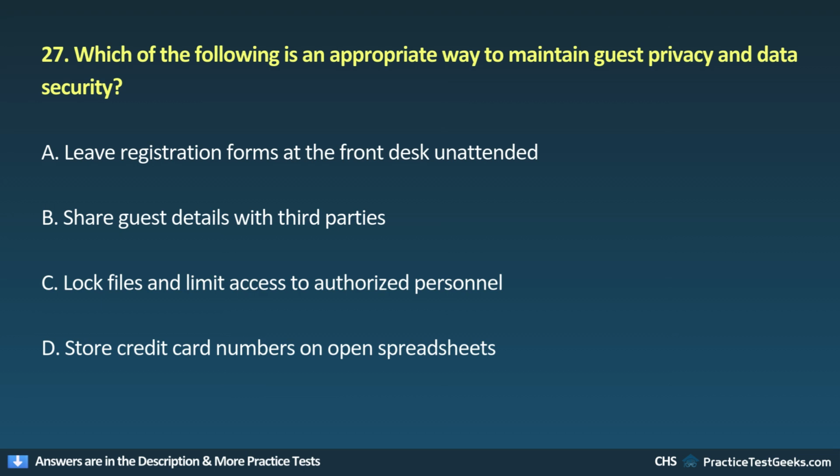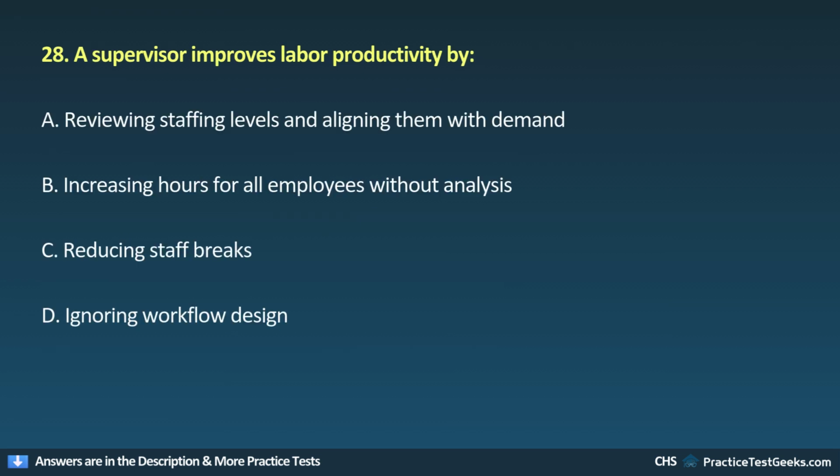A. Leave registration forms at the front desk unattended. B. Share guest details with third parties. C. Lock files and limit access to authorized personnel. D. Store credit card numbers on open spreadsheets. 28. A supervisor improves labor productivity by